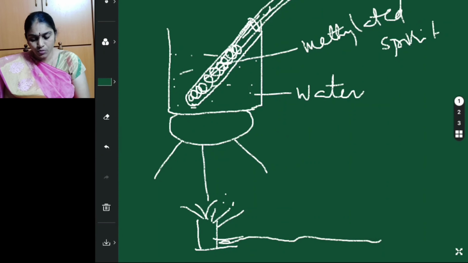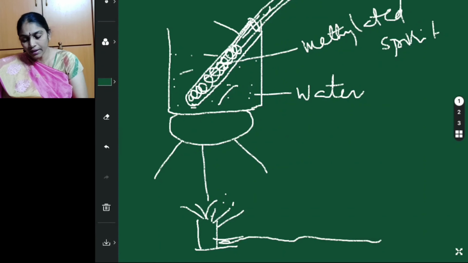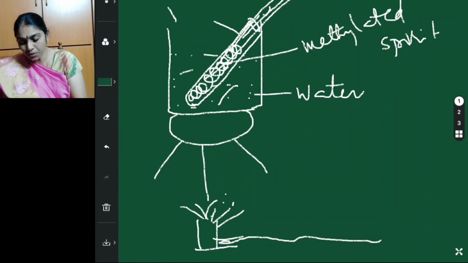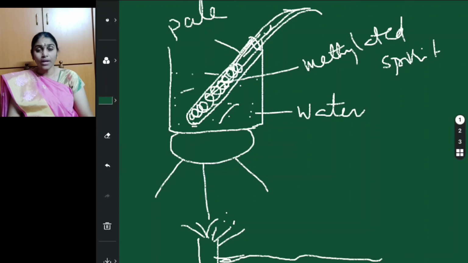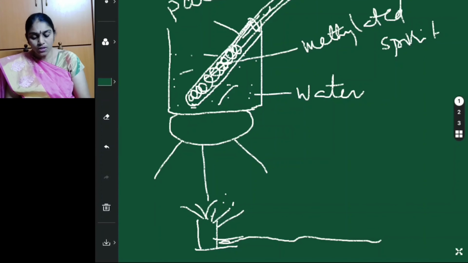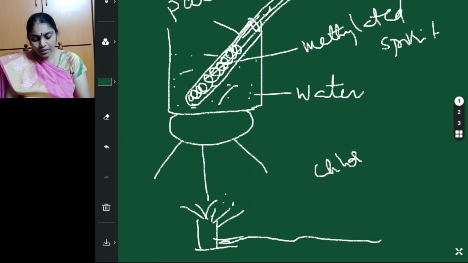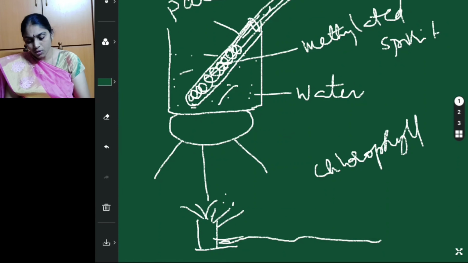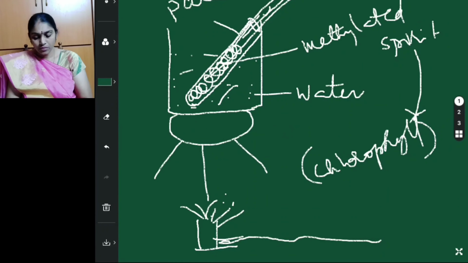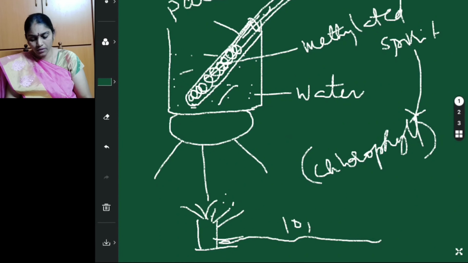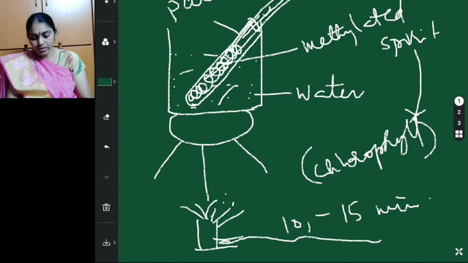Now by heating, water gets boiled, and with the help of this hot water even this methylated spirit also gets boiled, and the leaf which is kept inside this will start getting decolored. That means it becomes pale in color, it loses chlorophyll. That means that chlorophyll will be dissolved in this methylated spirit. This should be continued for 10 to 15 minutes, and after that you stop